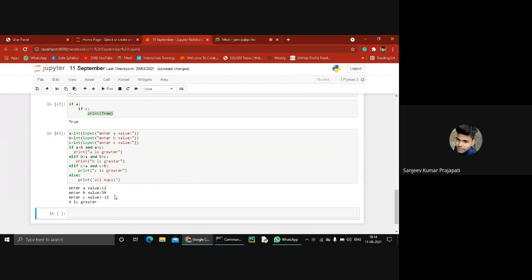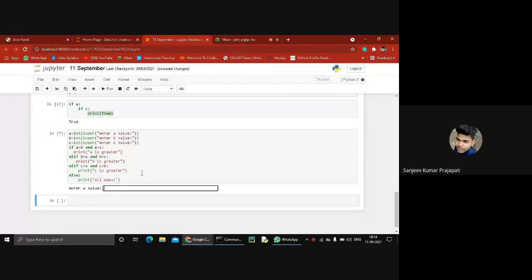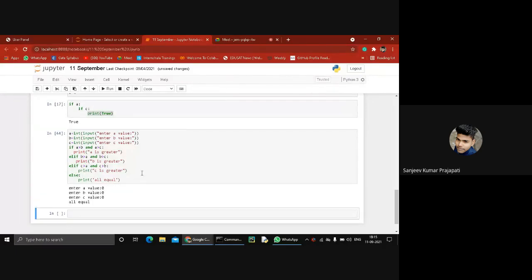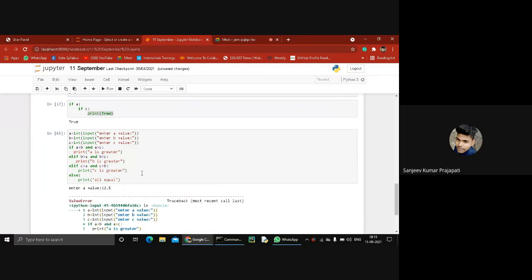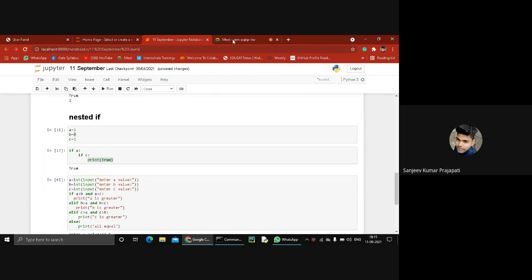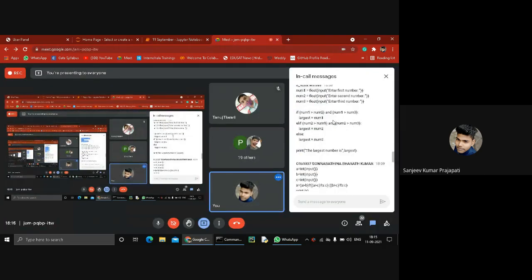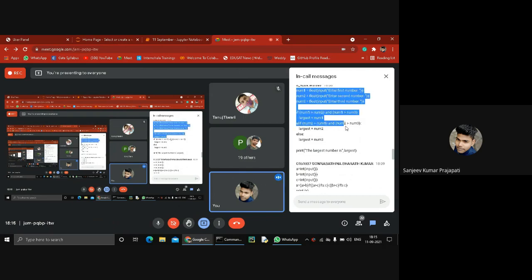B is greater. Okay. No, it's fine. Equal to condition not mentioned in this code.